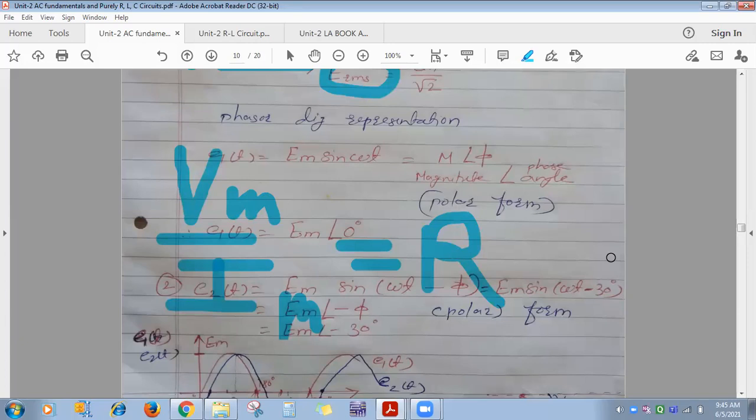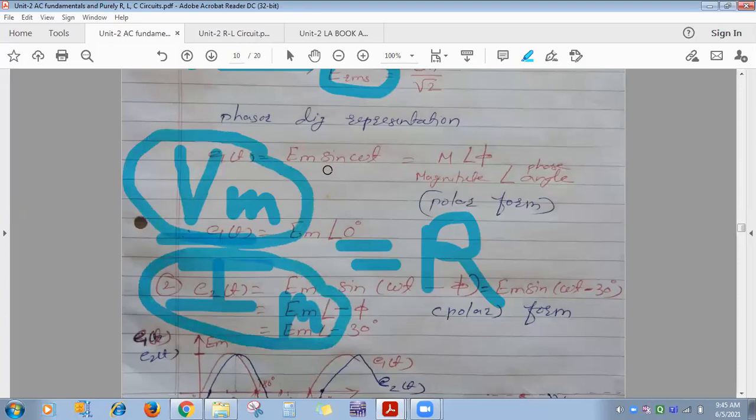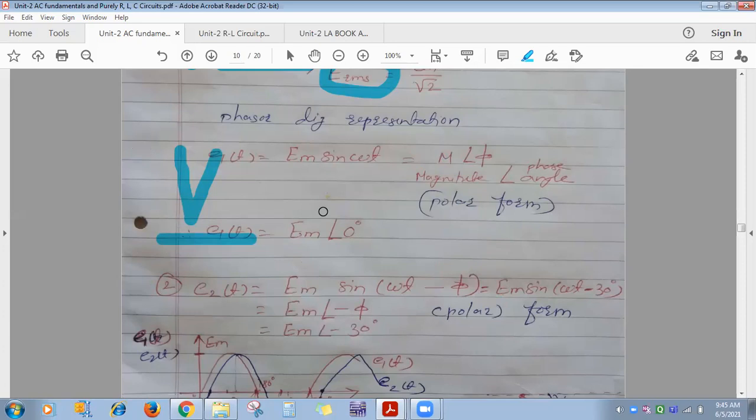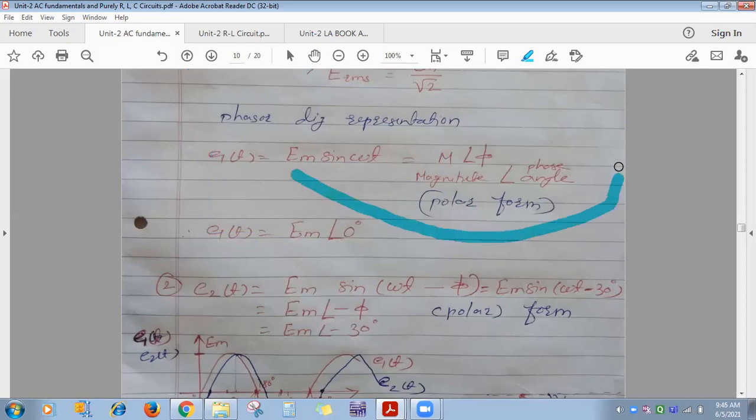The only thing is, if you are doing V by I and you use the peak value of V, then use I also as peak. If you are using V as RMS, then use I also as RMS. That is the only thing. That's why, whenever you convert any instantaneous voltage or current equation into polar form, it has some magnitude and some angle. So the magnitude you can consider as peak value or RMS, doesn't matter. When we see the calculations, it will be more clear. Right now I am going to consider peak, you can consider RMS also.